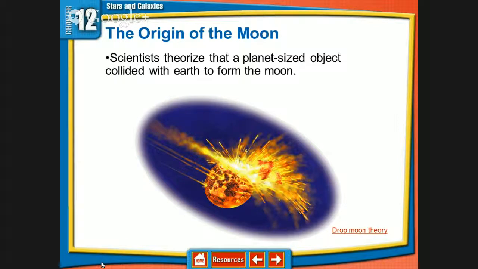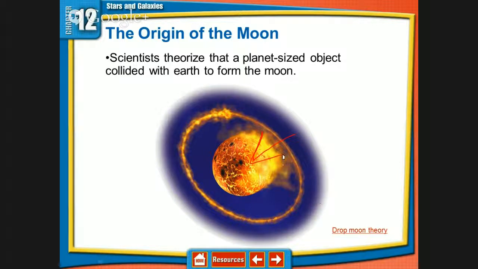And then finally, origin of the moon. There have been a lot of hypotheses over the years, but the one that's been sticking the most is that in the very beginning of the Earth's solar system, there were two objects forming very close together, the Earth and another object, and their revolutions around the sun crossed. And they crossed to a point where they collided with each other. And this collision